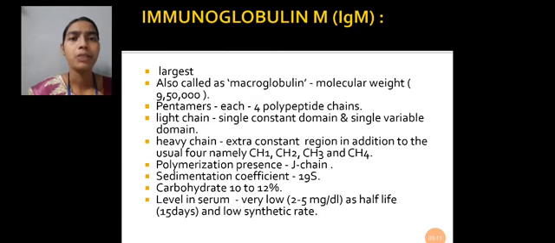Then the M type, these are the largest of all because their molecular weight is 9,50,000. These are pentamers, each with 4 polypeptide chains. The light chain consists of a single constant and single variable domain. Heavy chain consists of extra constant region in addition to the usual 4. Here the polymerization is present, J chain, and the sedimentation coefficient is 19s. Carbohydrate content is 10 to 12%. Their level in serum is very low, and their half-life is 15 days, and it has a very low synthetic